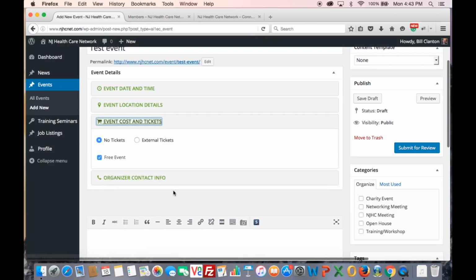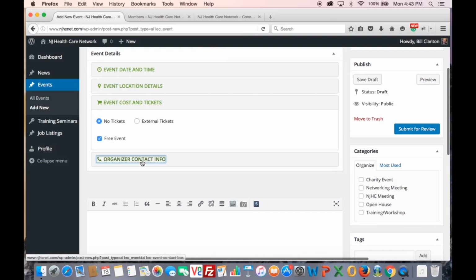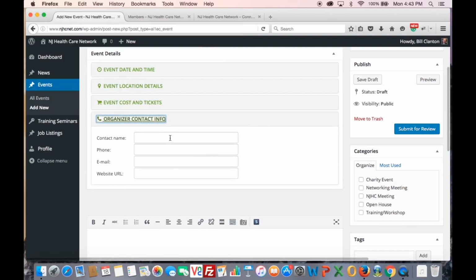So the more information you can provide somebody who needs to find out about your event, the better. Now, the next step here is event cost and tickets. Is it a free event, or will there be a cost to this? If you uncheck free, if it's something where there's a $10 charge at the door or whatever the case may be, you can fill that information in here. Next, who can they contact if they need to RSVP or register for your event? So you would fill in the contact name, telephone number, email, and website information for the person that they would need to